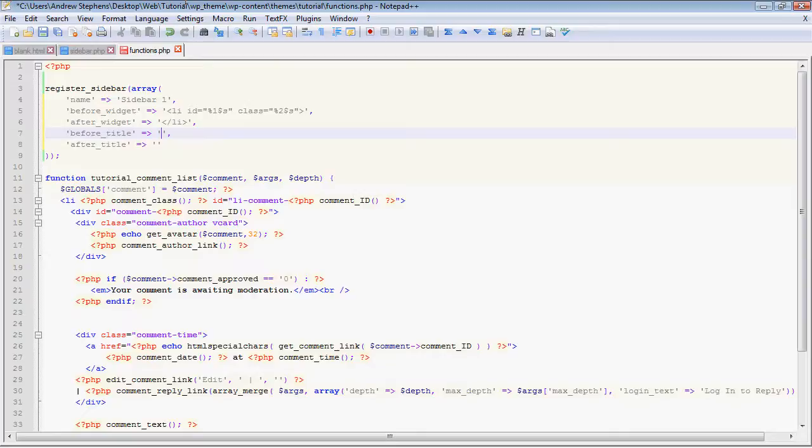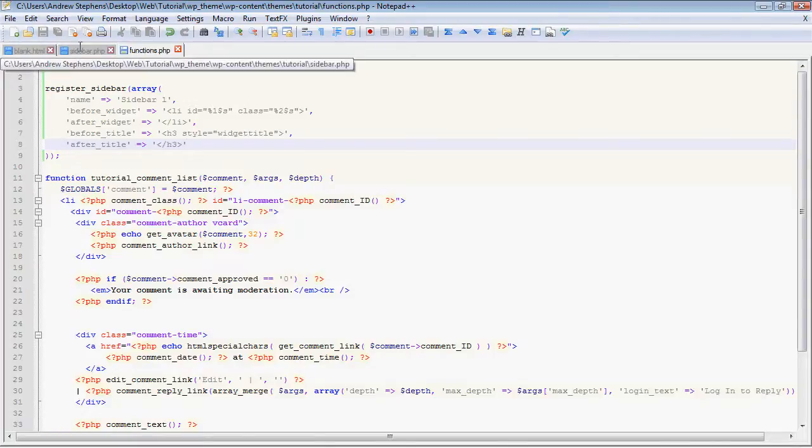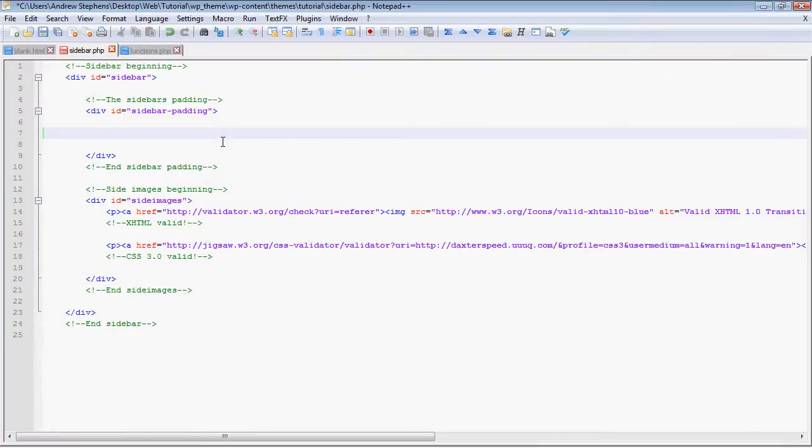Now before the title, I'm going to put in h3, and I'm going to give it a class of widget-title. This is just going to be for styling later. And after each widget title is just going to be an end h3. So now that I have my sidebar ready to go, in theory, I can just reload my page, and it'll be there. Unfortunately, just because we've told WordPress that this sidebar exists doesn't mean it's actually put on the page anywhere. So let's go back to our sidebar.php, and now what we want to type here is